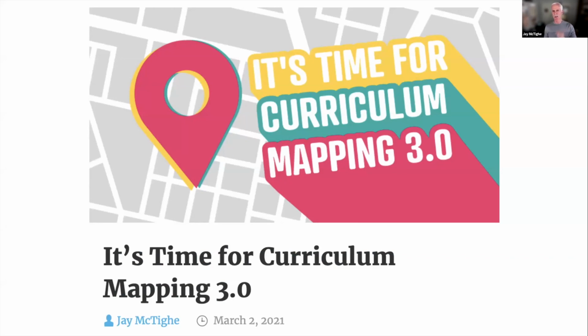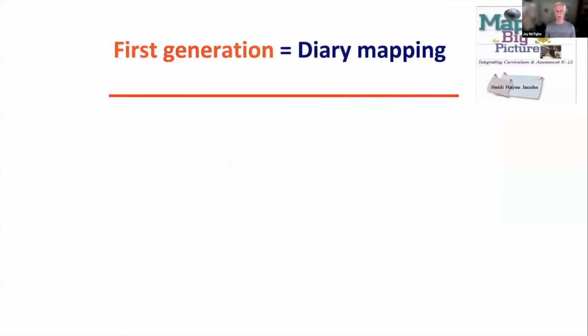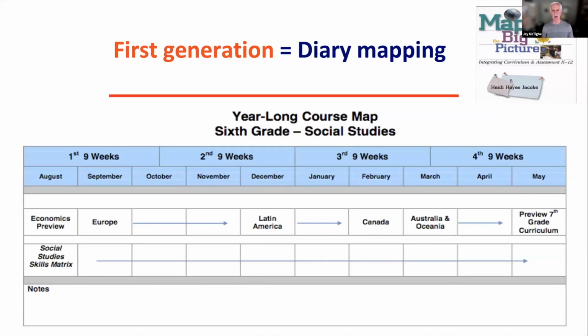It's time for curriculum mapping 3.0. And here's what I mean by that. Curriculum mapping 1.0, which I would call first generation, was actually promoted by my longtime friend and colleague, Dr. Heidi Hayes Jacobs. And some of you are old enough to remember her work that was in the late 80s,